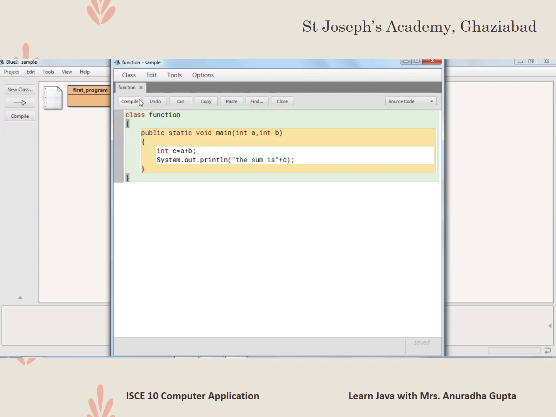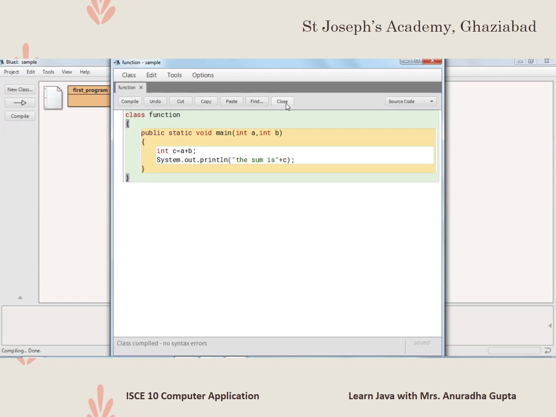I write a program with the class name Function, public static void main, int a, int b. We are taking two values by using function argument, and in the program we are adding those two values in a variable c, and then we are displaying it by using an output statement. After writing the program, click on compile.